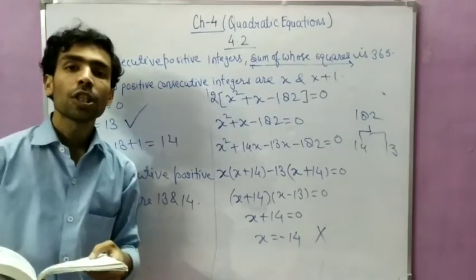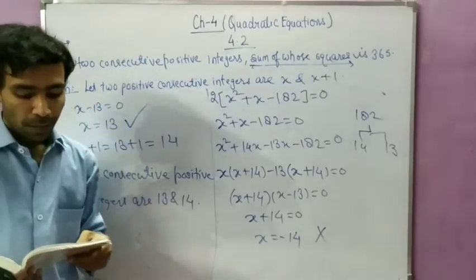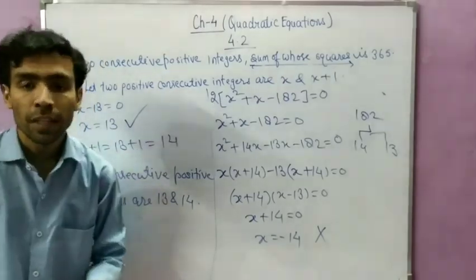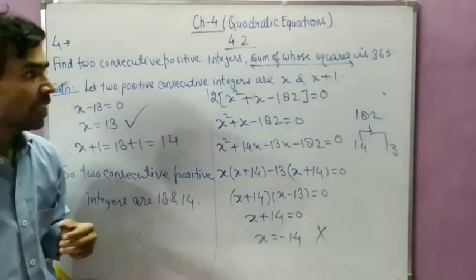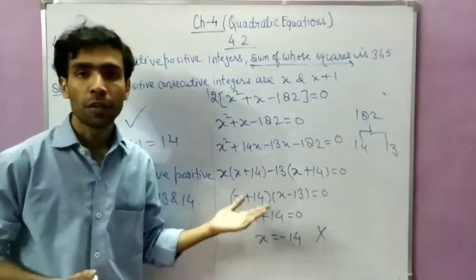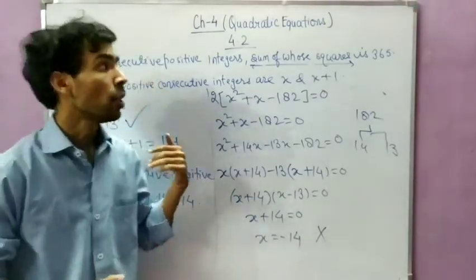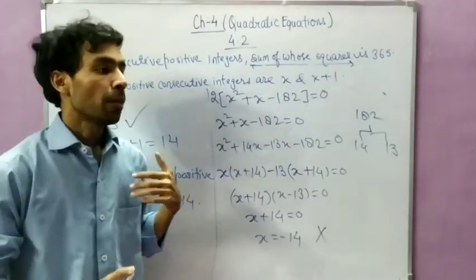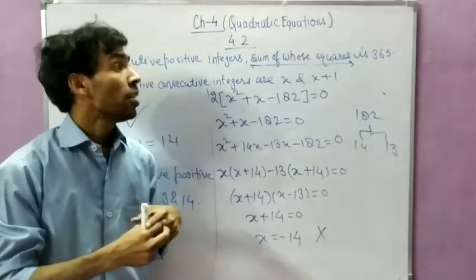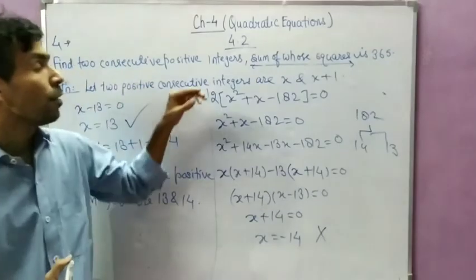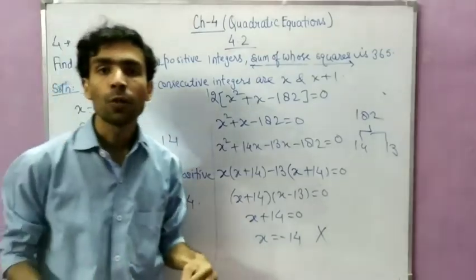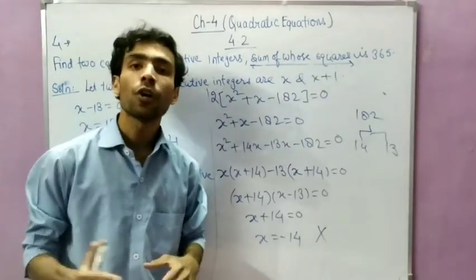Now question number 5 and question number 6 are your homework. If you are not able to solve them, then I will tell you in the next class. I hope you have understood today's video, and whatever books you have, solve the quadratic equation questions and find the roots by the method of factorization. From the next class I will tell you another method to solve quadratic equations. Till then you have to finish exercise 4.2, and practice all the questions given in the examples or in other books.